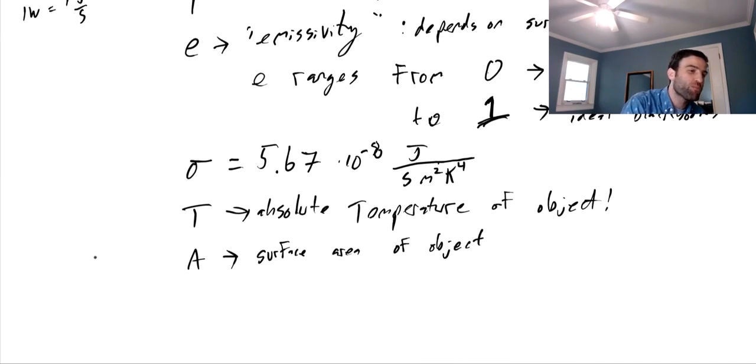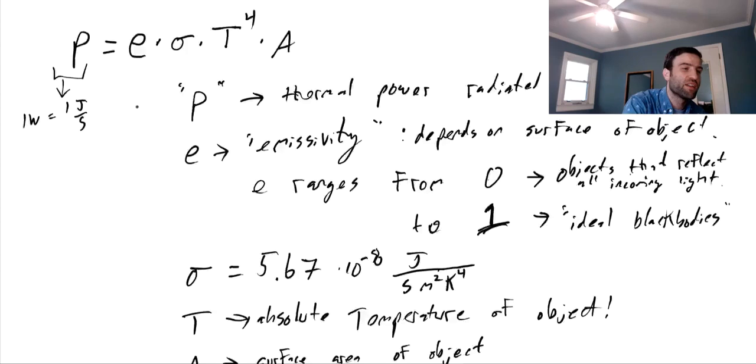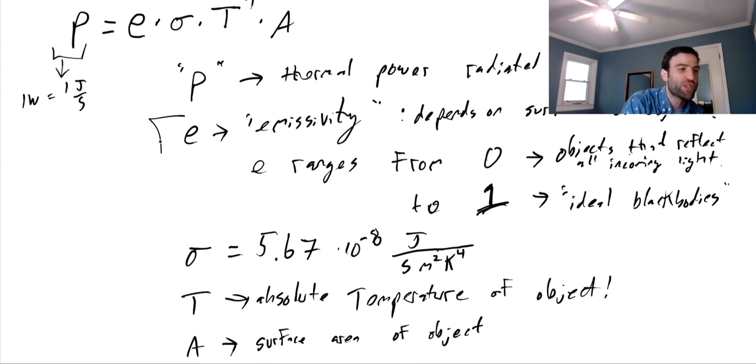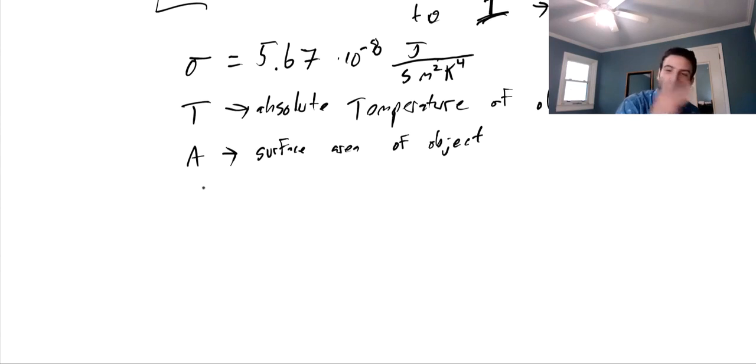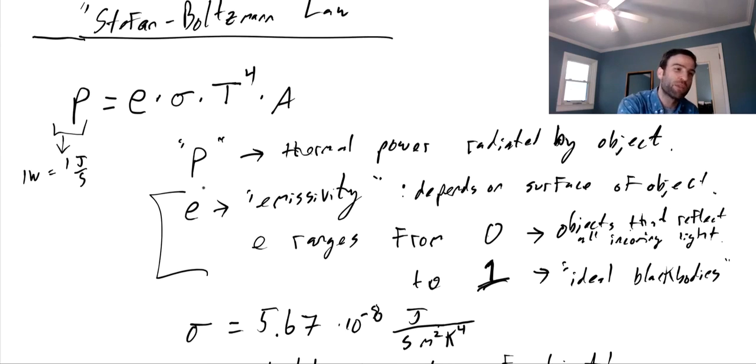And actually, one of the points that I want to make is that the thing that we probably have the least intuition for is this emissivity. An object that appears really black, well, that's black in the visible part of the spectrum, at least when we're talking about how it appears to human eyes, right? But the whole electromagnetic spectrum is a lot more than just visible light. And so sometimes we can be deceived when we think what color is something in the visible part of the spectrum, because the emissivity in this formula really refers to its typical emissivity over the entire range of electromagnetic